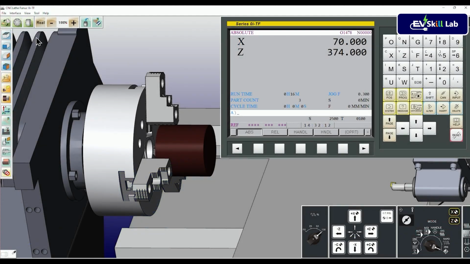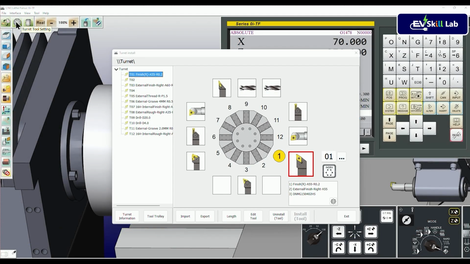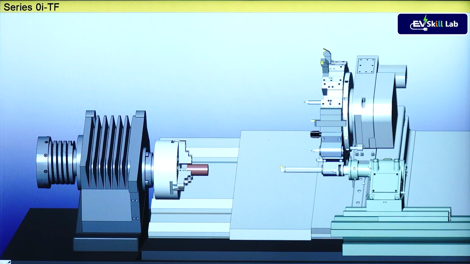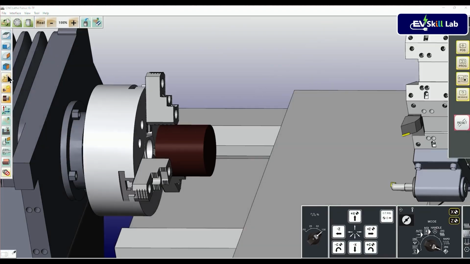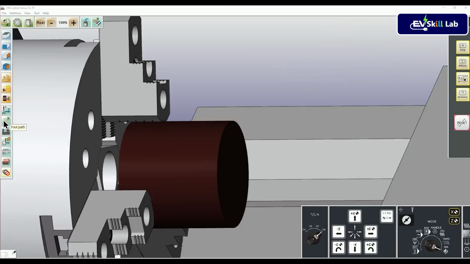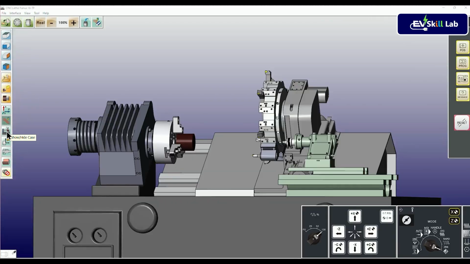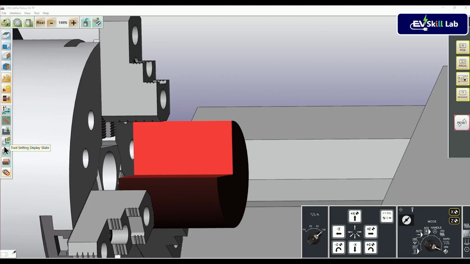In VM you'll learn to select tools and raw materials based on your project needs using a virtual tool turret and material library. The program allows for viewing the machine from multiple angles. You can also explore tool paths and machine with or without guards, as well as specialized views like half cut